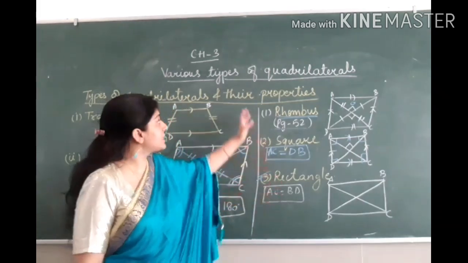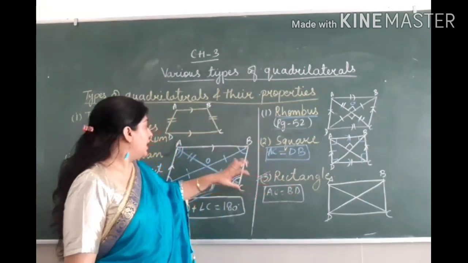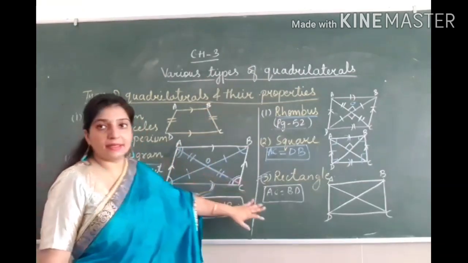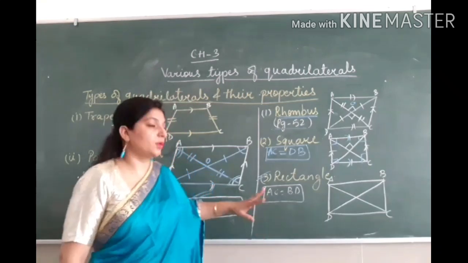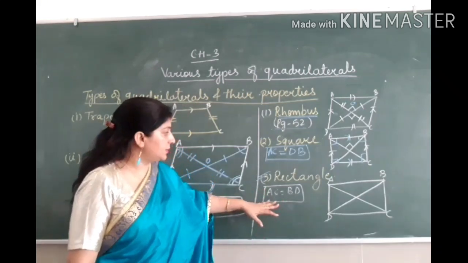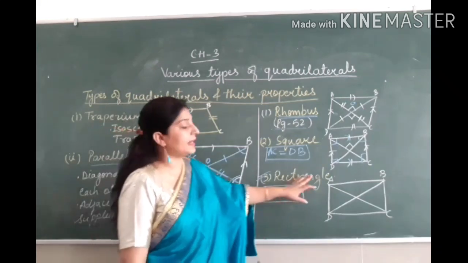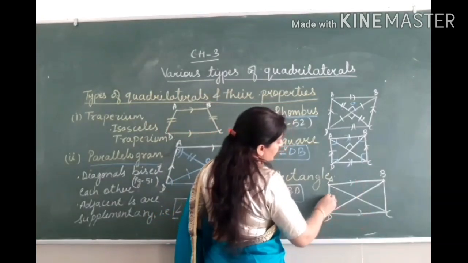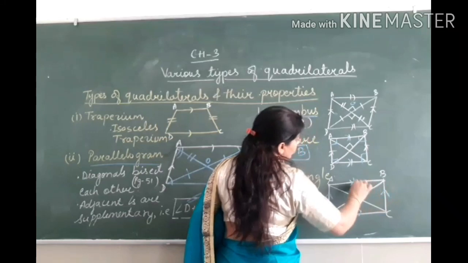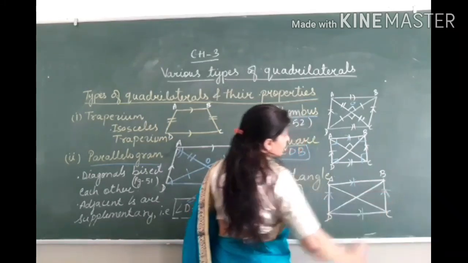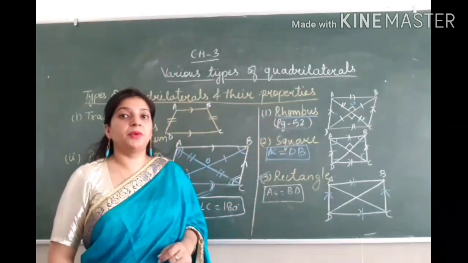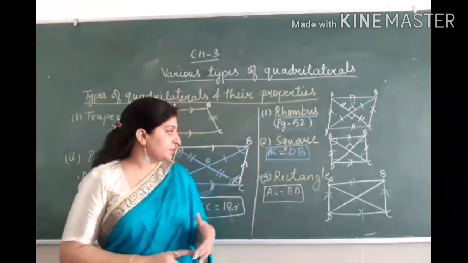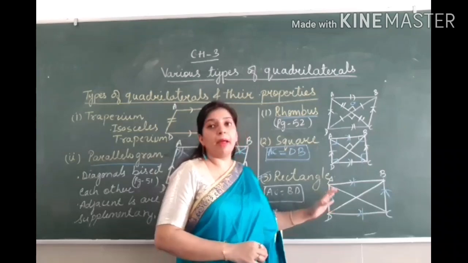Now, the next parallelogram is the rectangle. It is obviously a quadrilateral, but in the quadrilateral we found one category, the parallelogram, and a rectangle is a kind of parallelogram. If it's a parallelogram, that means opposite sides are parallel to each other and equal to each other. And yes, as we have learned previously also, in a rectangle, opposite sides are equal. You can remember, they are parallel also.